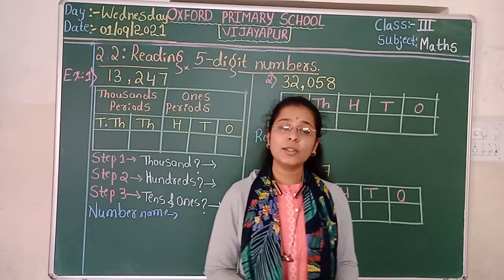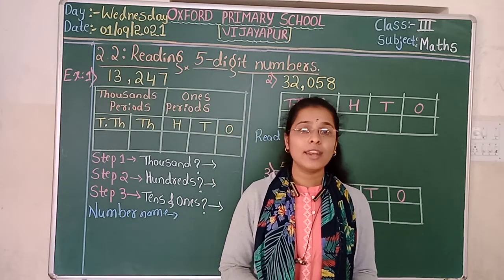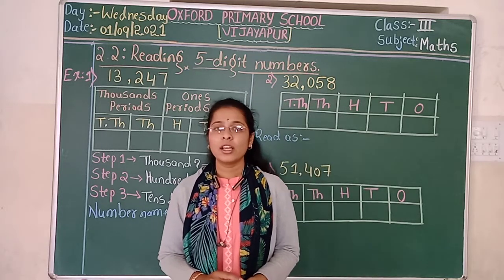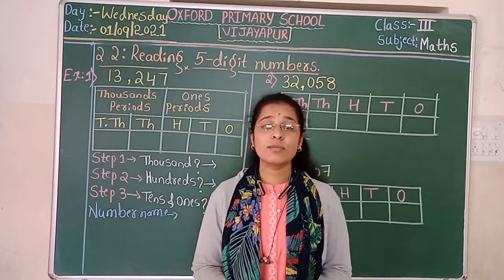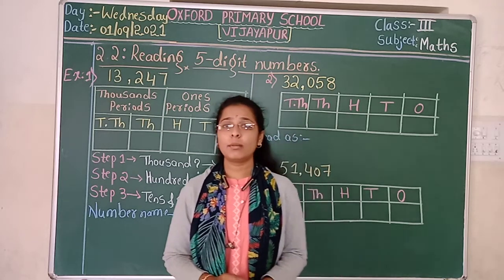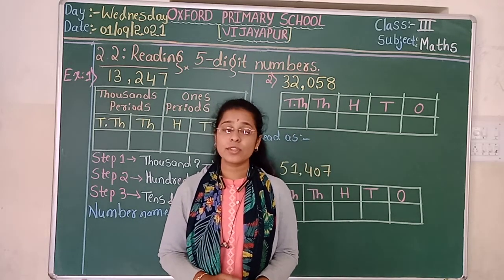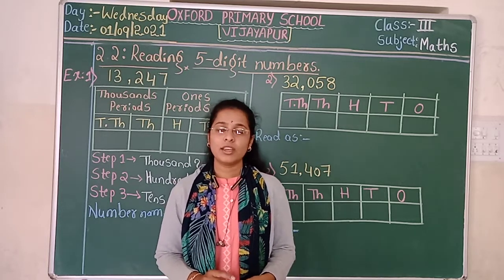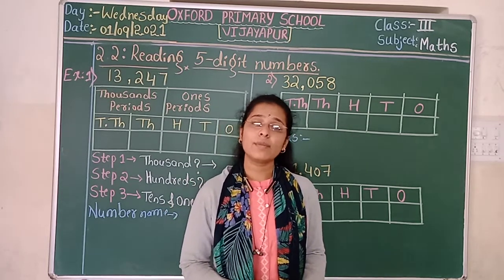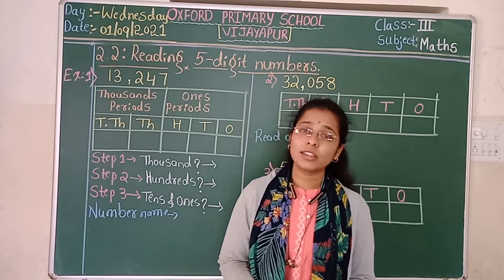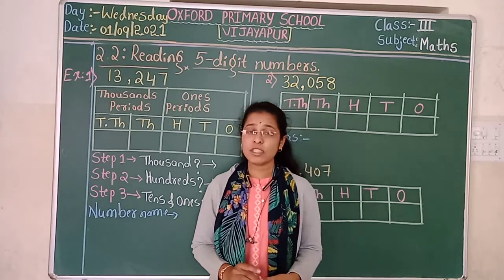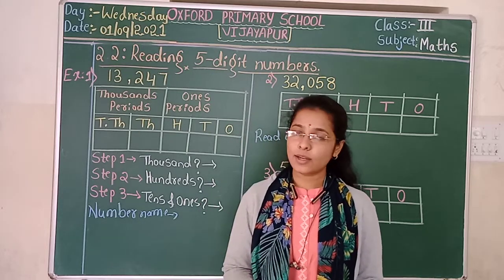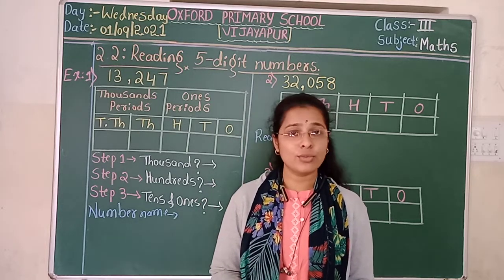We started the new lesson number 2. Numbers, 5-digit numbers we learned. Okay? Which is the smallest and the first 5-digit number? Number 10,000 is the smallest as well as the first 5-digit number. Yes, no? This we learned in our yesterday's class, and we learned the number as well as number names from 10,000 to 90,000 in a textbook.